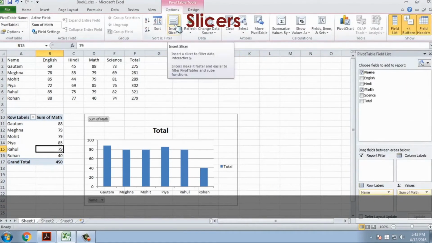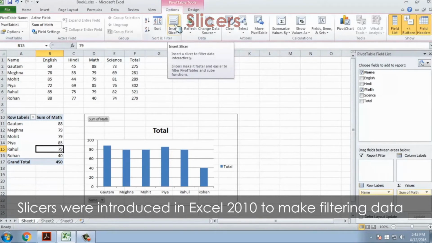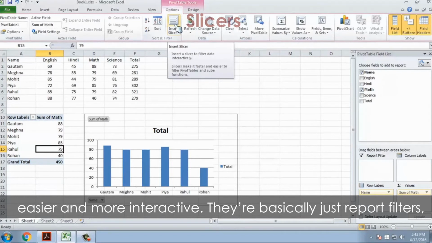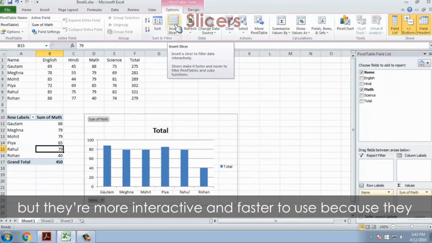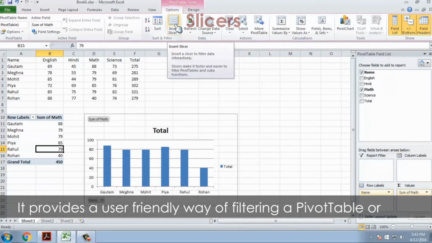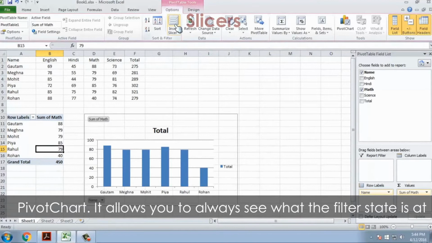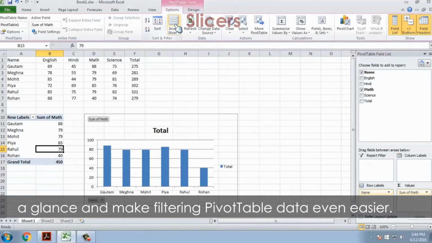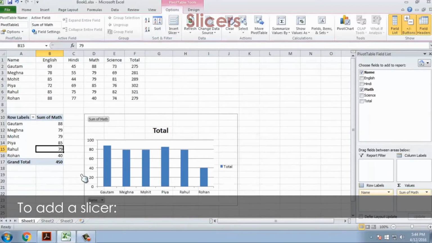Slicers. Slicers were introduced in Excel 2010 to make filtering data easier and more interactive. They are basically just report filters, but they are more interactive and faster to use because they let you quickly select items and instantly see the results. It provides a user-friendly way of filtering a pivot table or pivot chart. It allows you to always see what the filter state is at a glance and makes filtering pivot table data even easier. To add a slicer: